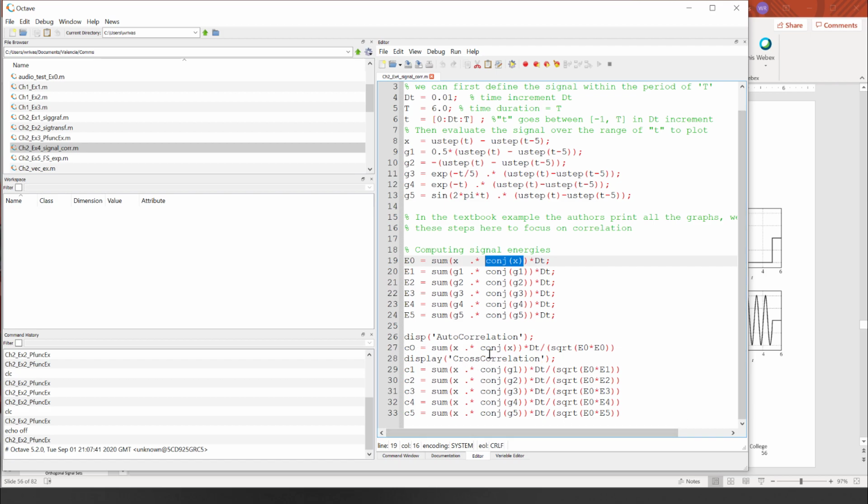So not in this code, by the way. There's no delay that we're doing in this code. We're just looking at the magnitude of rho, of the correlation, and then we do C1 through C5, or lines 29 to 30, as the other correlation factors. And if you run this, you get the